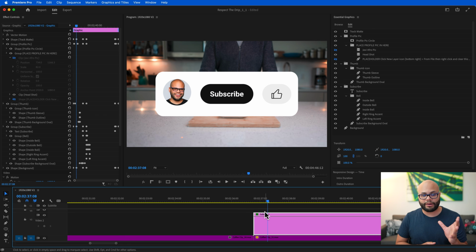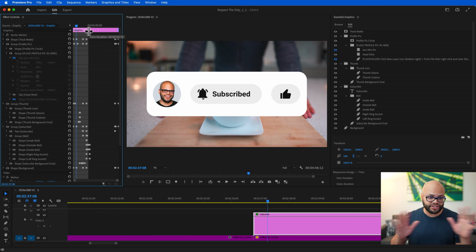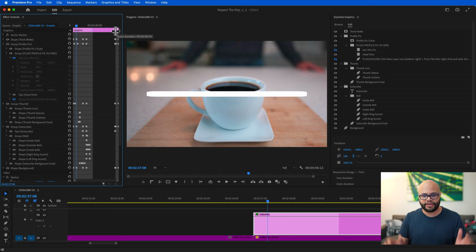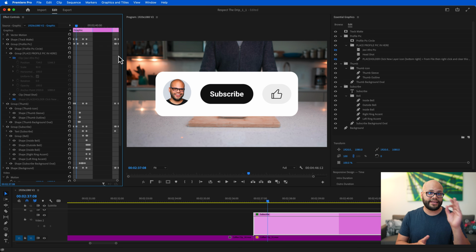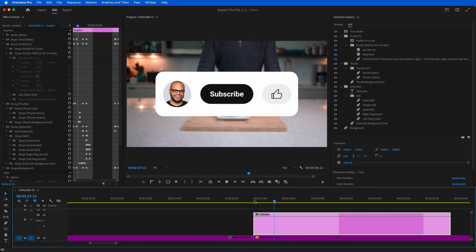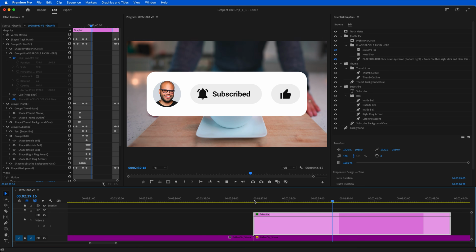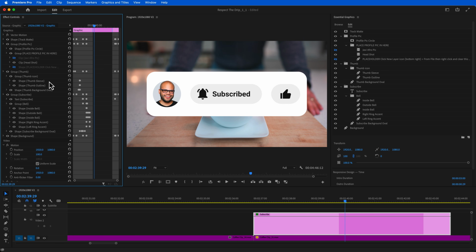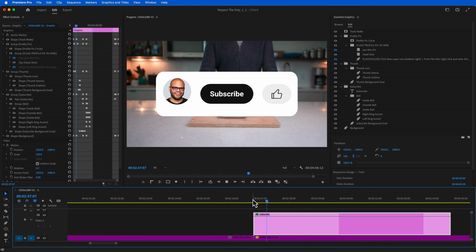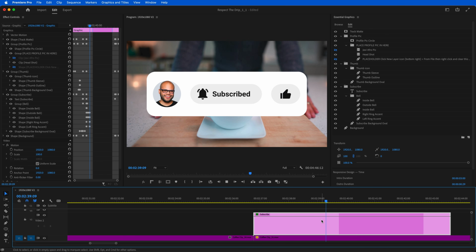Now, an example more complex is with this like and subscribe animation that I did with a bunch of different shapes and a bunch of different keyframing. Here I create my responsive design intro and outro, and I can move the ins and outs to wherever I want to, but the animation will always stay the same, and I can make it stay on the frame as long as I want. It's super powerful stuff,